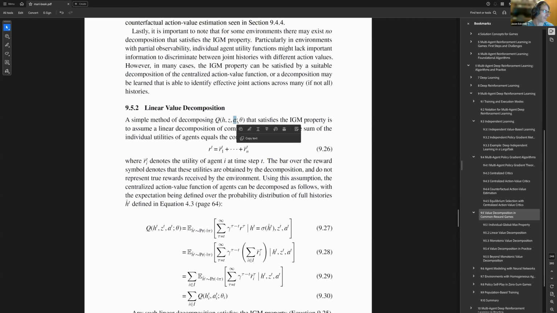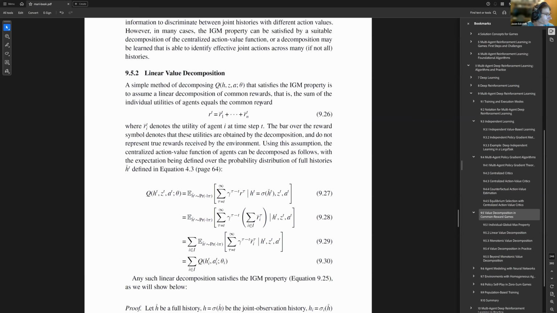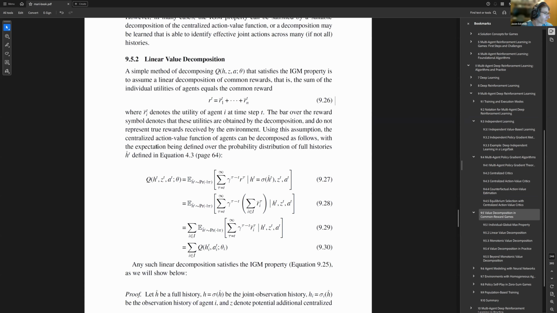joint action A. So this function in theory could be anything, any function over these inputs. But here the input is the entire joint action space. So this is the goal of trying to learn a function where the actual reward at time t is equal to the sum of the agent utilities at time t, where the agent utilities are the output of their